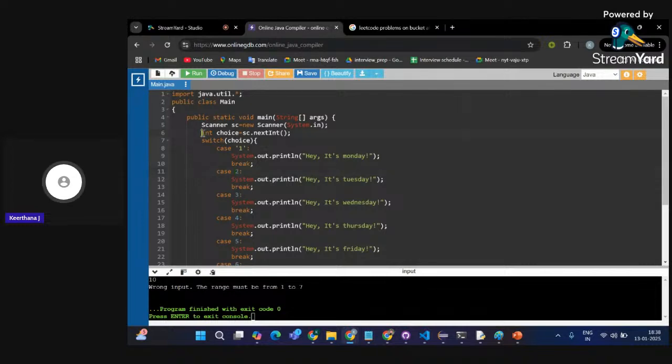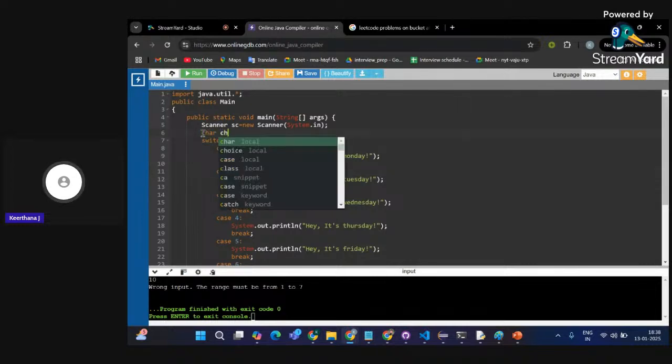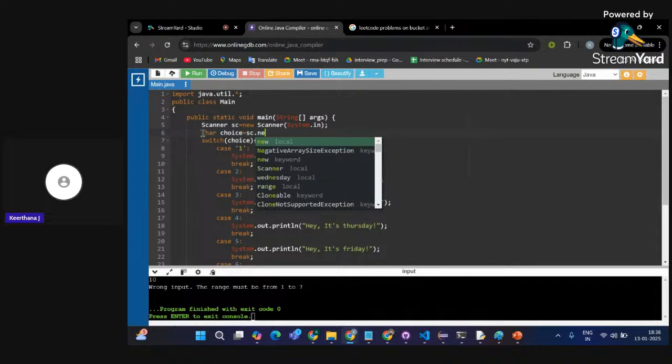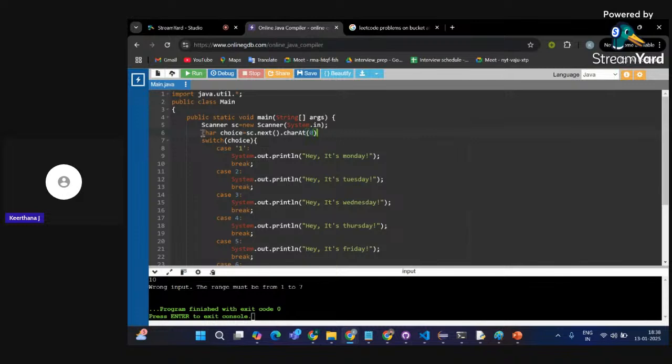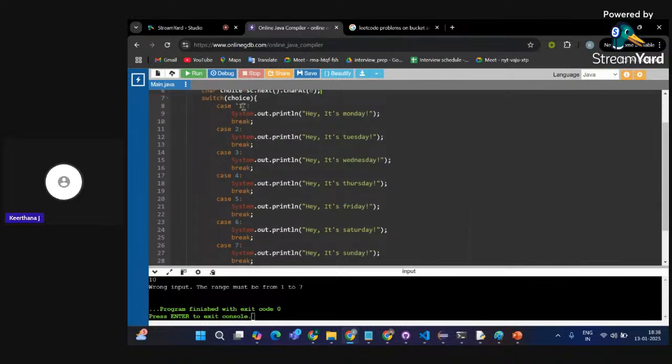I'll be showing you character choice is equal to sc.next().charAt(0). Here, let's frame the question differently.